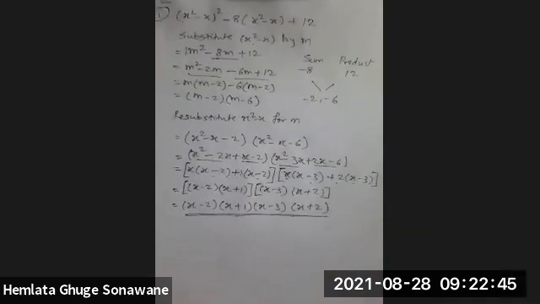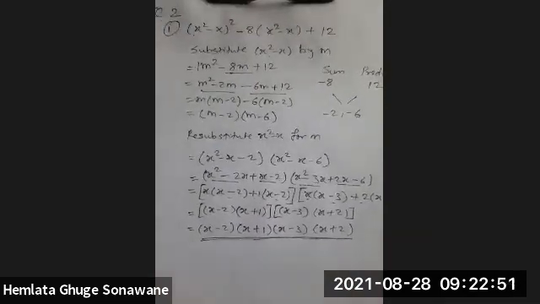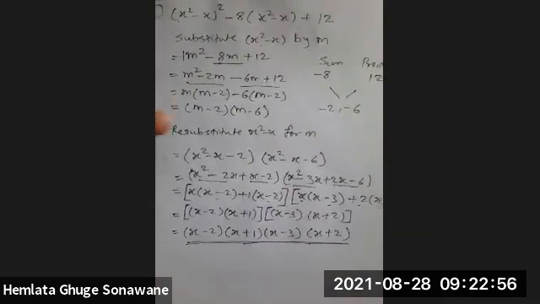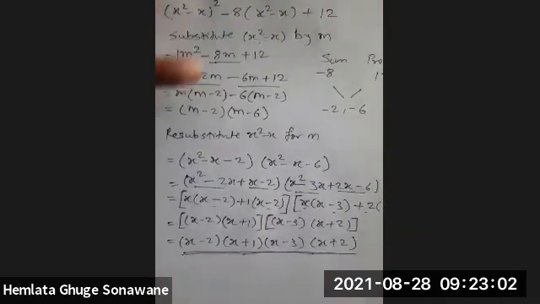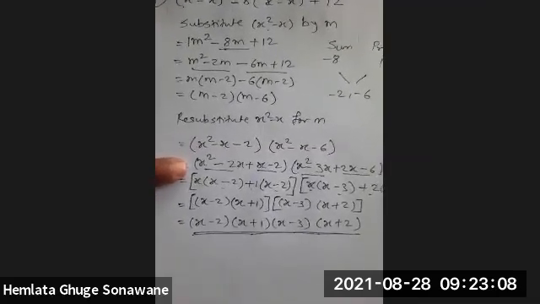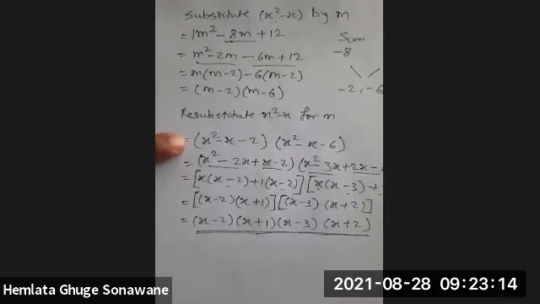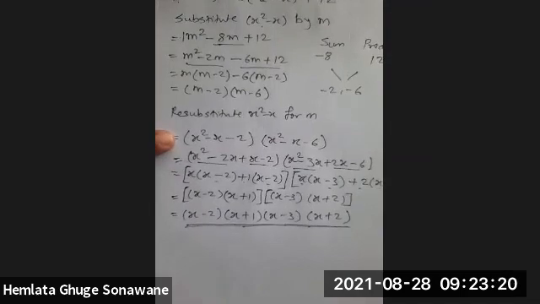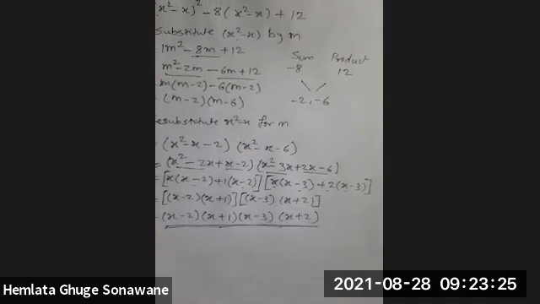Just go through this. First of all, we have to replace the brackets by any alphabet, that is a variable. We have to factorize. Then we have to resubstitute the replaced bracket by that particular alphabet, and then again, if possible, we have to factorize. If not possible, then that will be our final answer, no need to factorize. But here we can factorize these brackets, so we factorize them and we have got the factors.